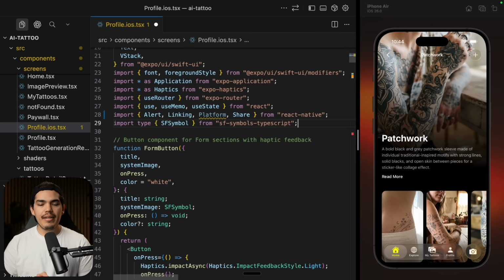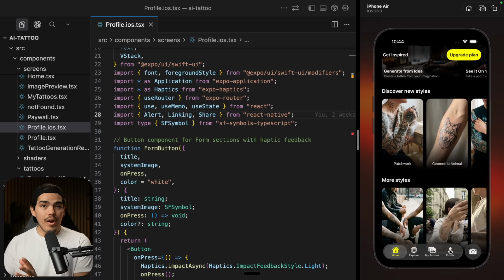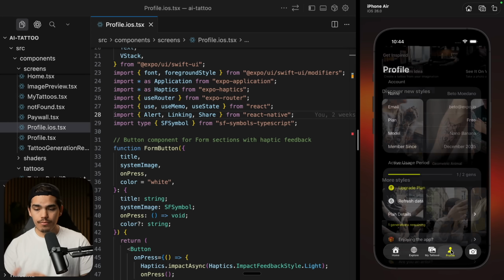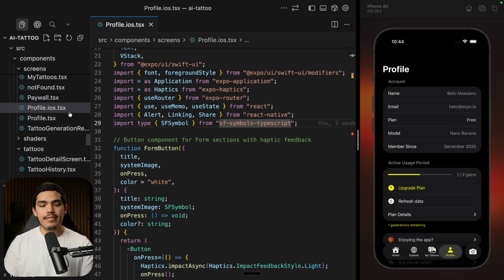That works great, but as your application grows in complexity, and also if you are implementing native functionality for a specific platform, which is what I'm doing here in my AI tattoo application, I wanted to go very deep native into the iOS APIs. So I'm using Expo UI a lot. That means that some of the things that I'm using here are only going to work on iOS. And instead of having platform validations, inline checks for the platform that I want to run this code, I would recommend that instead you use